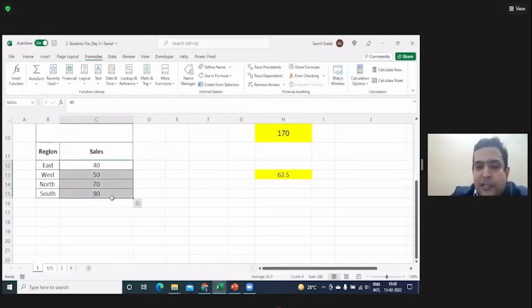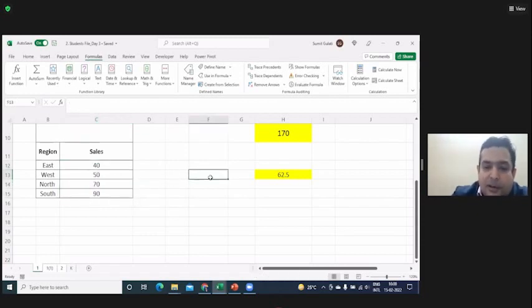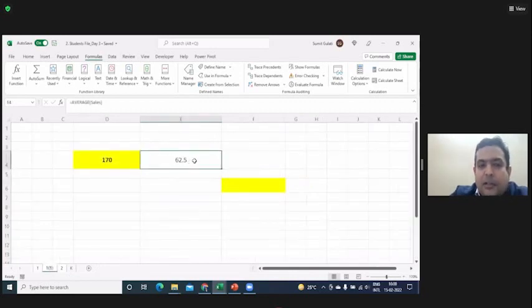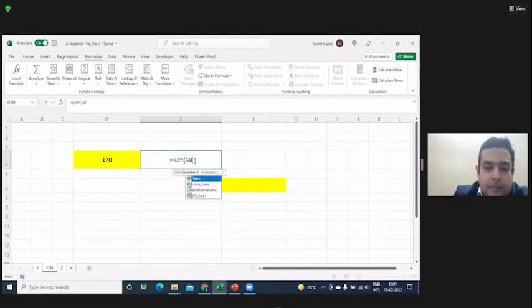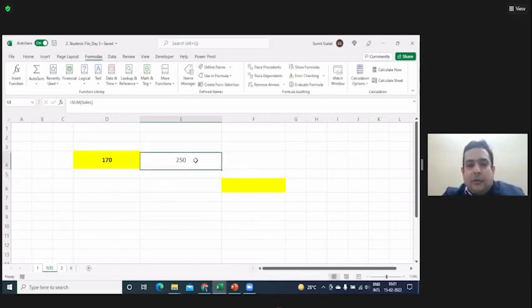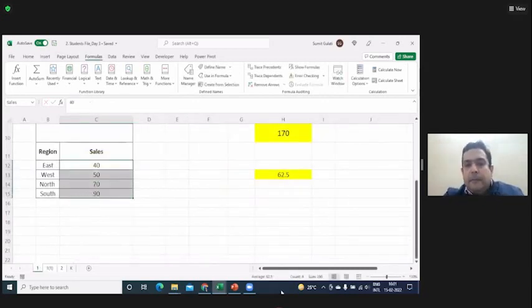So practically what Excel is doing is this plus this plus this plus this divided by 4. The simple average, adding all these and dividing by 4. So instead, if you wanted the total sales, what will you run? Suppose I don't want average sales, I want the total sales. What I'll run here is a Sum formula. Bracket open, what I'll call? Sales. It will select all the data, press enter, and it will give me the total of all these 4, because these 4 together are named as sales.